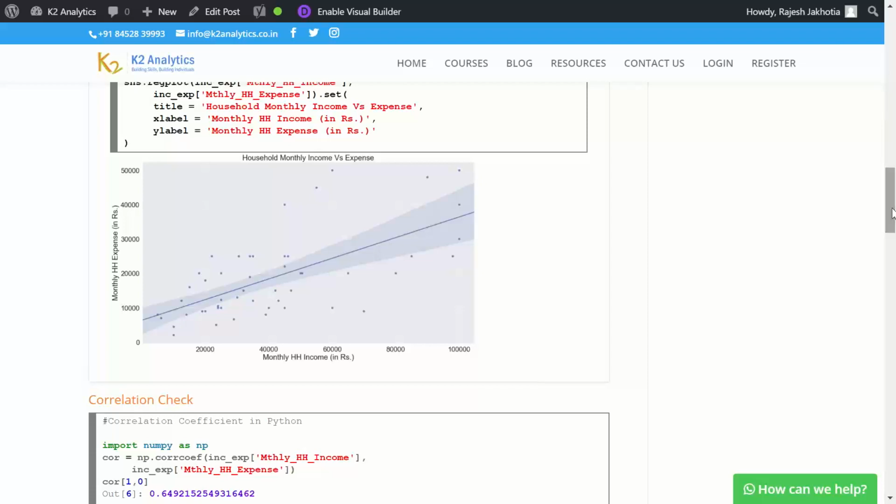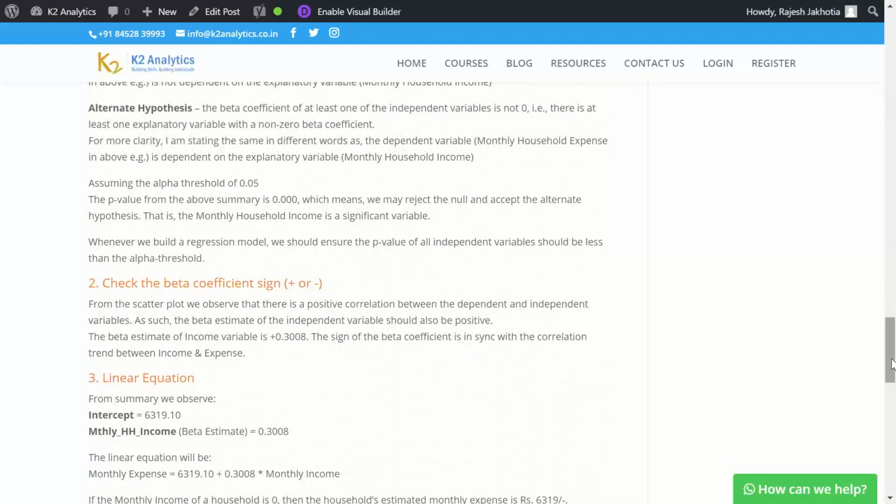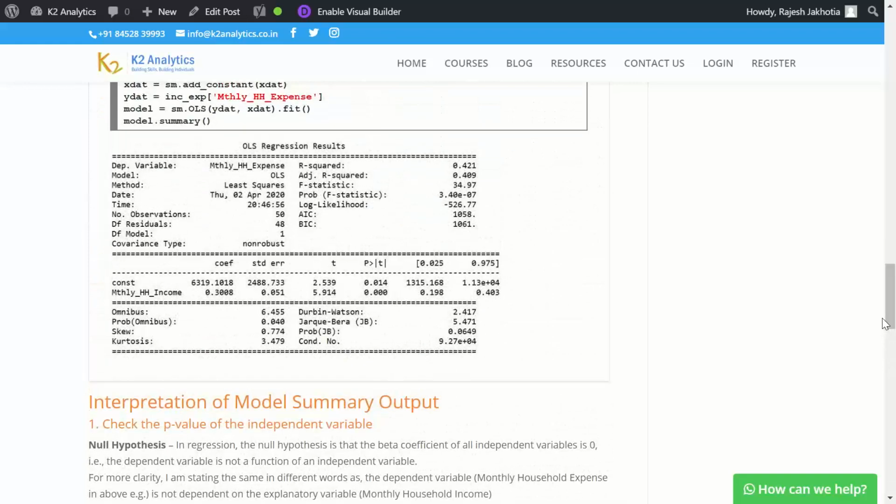If the correlation is positive, your beta has to be positive. In case your correlation is positive and your beta comes out negative, there is a problem in the equation.